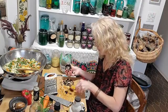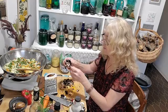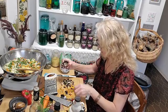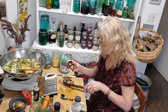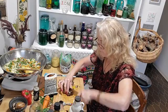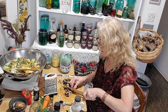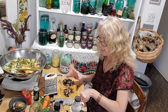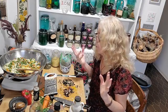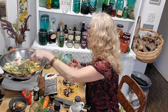We have so much fun on here. Maybe you're right. I don't know. Okay, well, that's as best I can do with this little tiny one here. Or a medium one. Okay, let's add it and see. Because I never know. Sometimes I'll add portobellos and it won't turn everything black, and sometimes it does. And I don't know if it's maybe the age of the mushroom or what. Okay, so